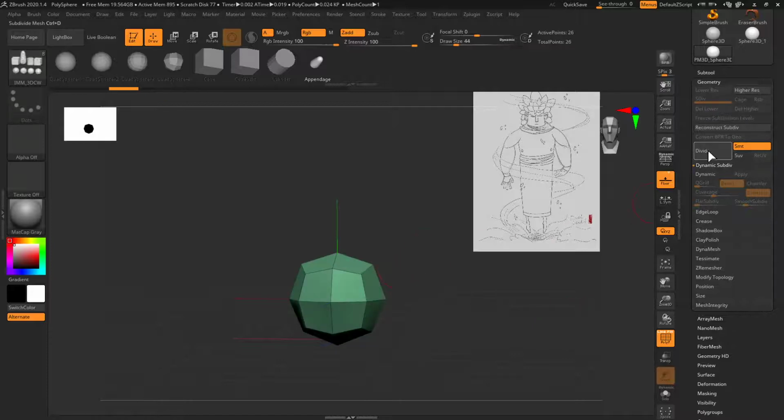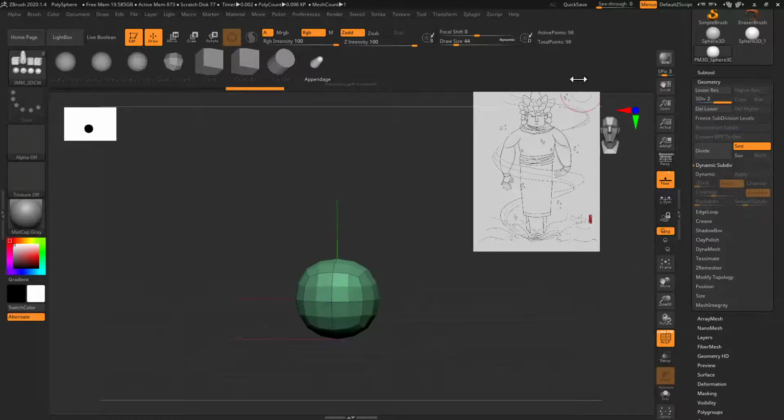At the moment it's this. But if I subdivide once, it gives me this, which is a little bit smoother, so I can manipulate it. The problem is I'm going to be manipulating this sphere. It's going to be starting with the chest, the torso, and I want to have a little bit more polygons to move. At the moment, this is not enough. So what I do is I'm going to give it one touch here, subdivide, 98, and I'm going to hit